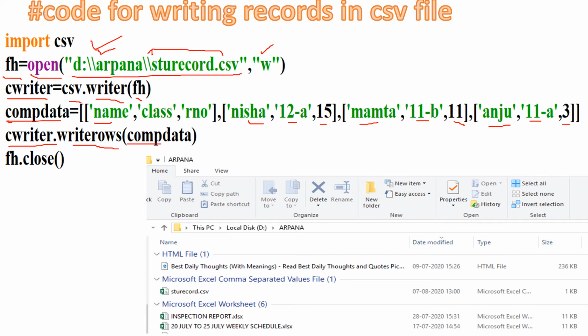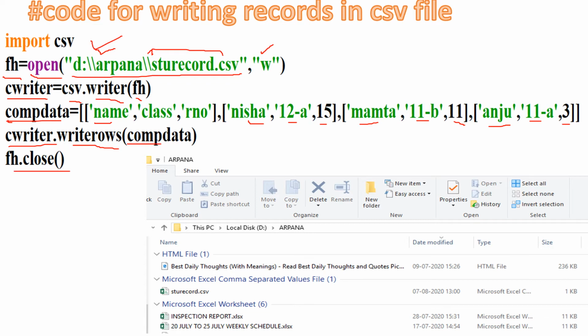So better you split the statements: first initialize the compdata with this kind of list, and then pass it as an argument. Now these will be written in the file with the file name sturecord.csv.